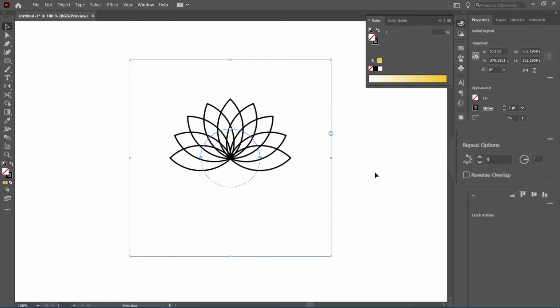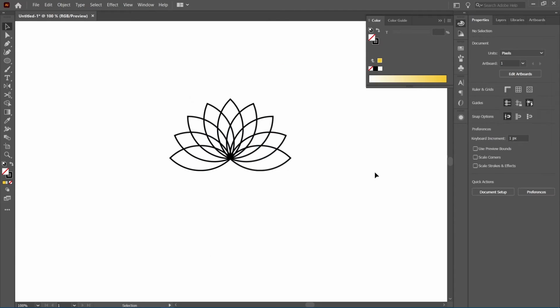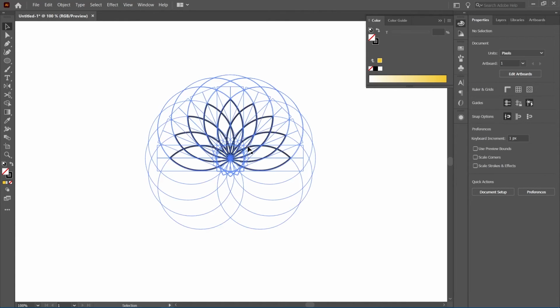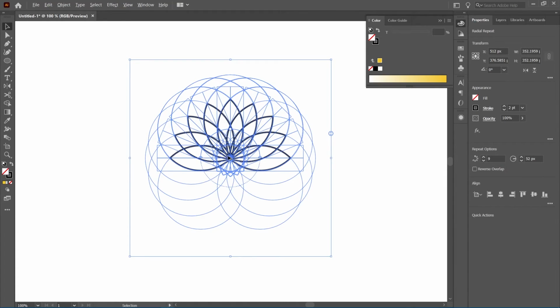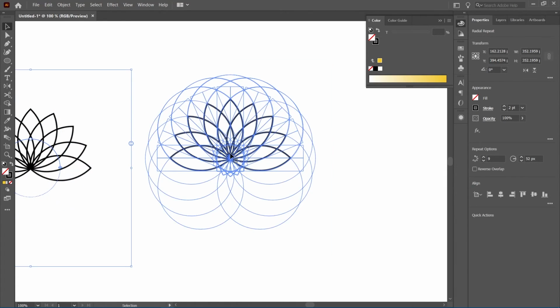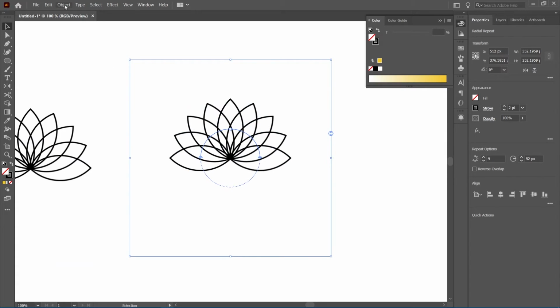Now you can decide to keep tweaking and adjusting as you see fit, but I'll stop here for the sake of this example. Typically, for a logo, after getting your desired shape, it's always a good idea to flatten the object so you're left with an original shape. It makes it easier to further tweak the shape or export to other vector formats for use in other software. So first, I'll duplicate the logo so we can have a backup. Then go to Object, Expand,